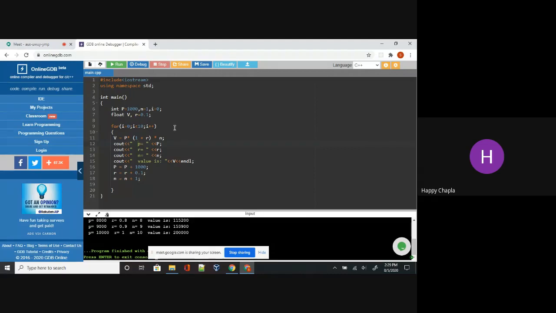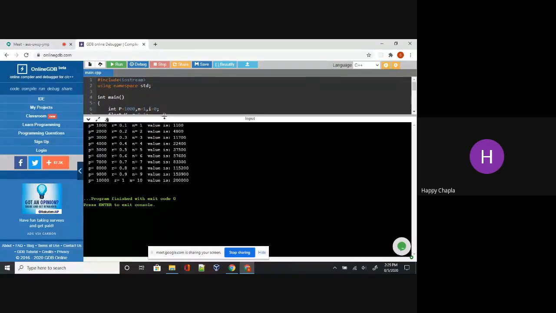Okay, so in this case, the first time your value of r is equal to 0.10. The second time your r value is equal to, just scroll up your output window. Okay, over here, your r value is equal to 0.2, right?